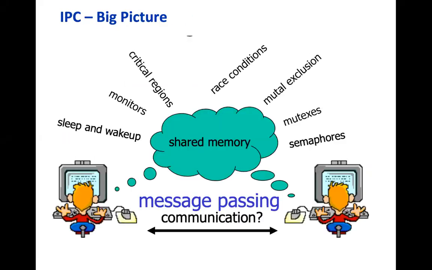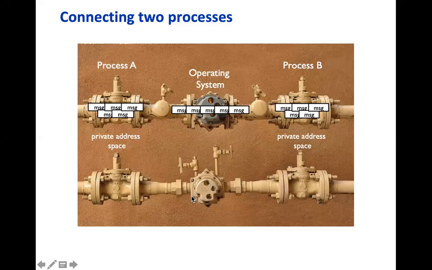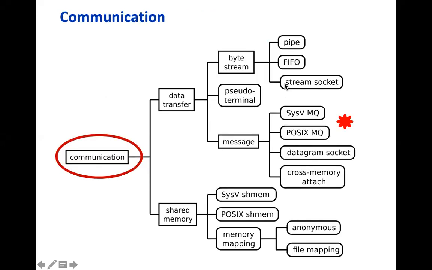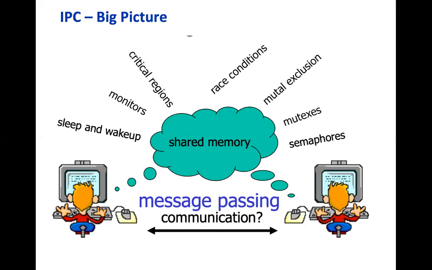Okay, all right. So this is where we were. We have seen that there are two important ways of IPC. First is shared memory, and second is message passing. In the last class we have seen some aspects of message passing. We studied the concept, and then we will study shared memory in the next class. So today we'll continue to focus on message passing.